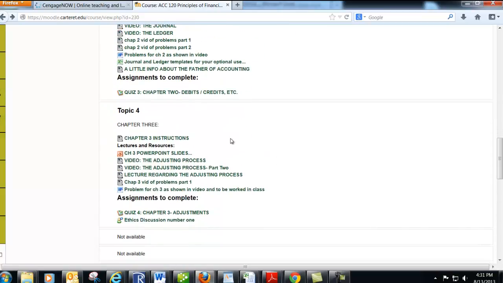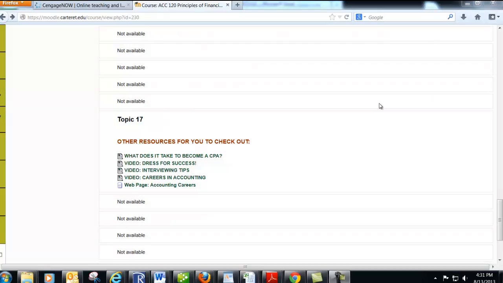The only thing that might be a little different, there's going to be several discussion boards. There's going to be 3 discussion boards throughout the semester. And so make sure you click on this. I'll mention it in the instructions, but make sure down here below you don't forget to complete the ethics discussions. Now, we're not going to have one every week, but like I said, there's going to be 3 throughout the duration of the semester.